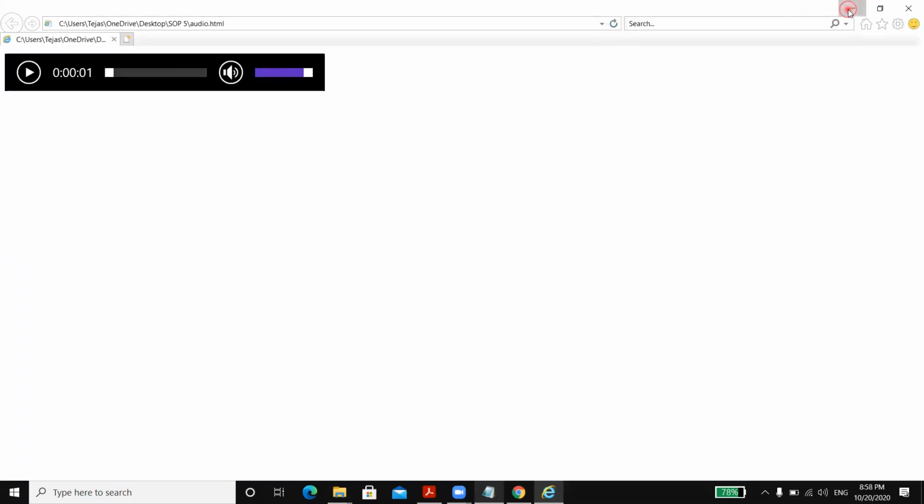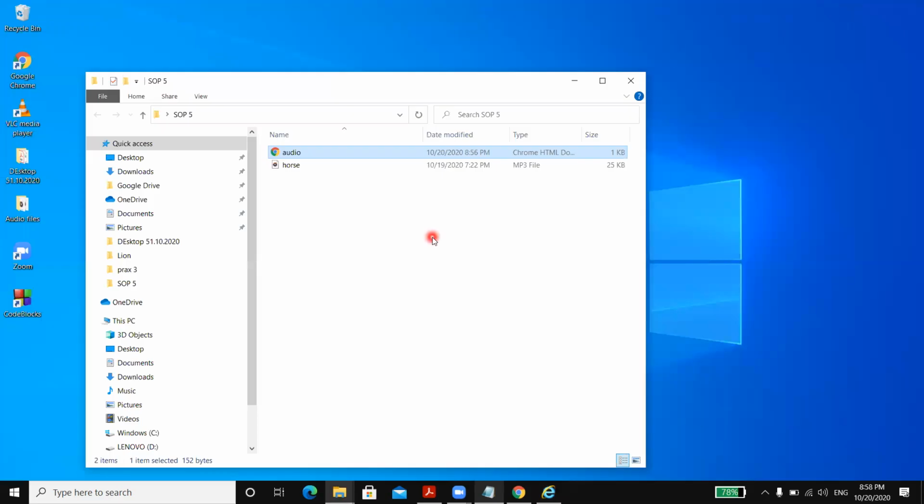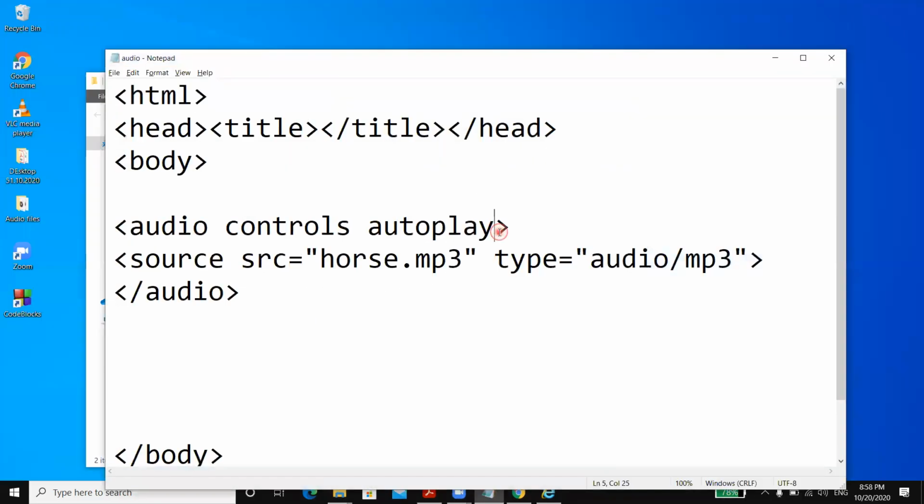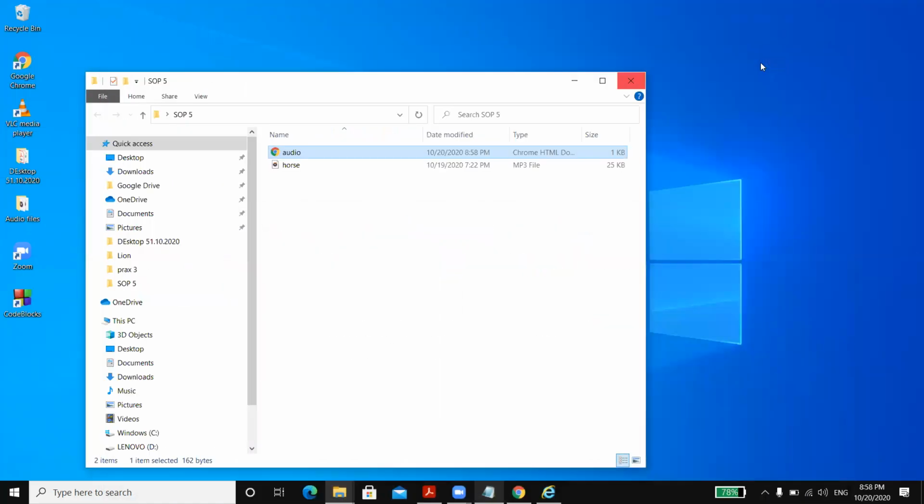Now, what they have mentioned is the file should be played automatically. So in the program, I will write not only autoplay, but I will also write loop equal to -1. Now, this -1 is simply a keyword. There is nothing like -2, -3, -4. -1 means play this file an infinite number of times continuously in a loop as long as the browser screen is open. So let me check. I will again open this file and I will refresh.